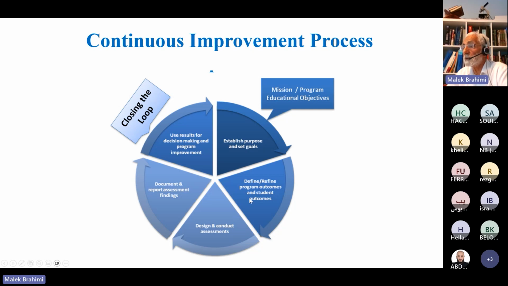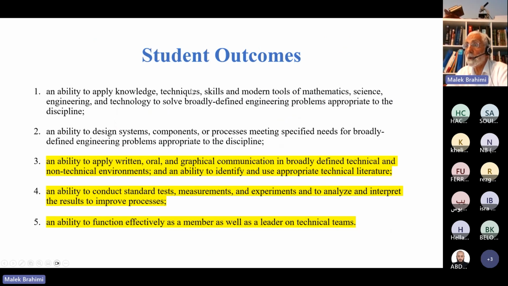You revise them, you can modify them. So these are the ones I showed you here. They are proposed by the agency that gives accreditation, but you can modify them. It has all the skills, but most universities keep them the same. You have the ability to change a little bit in the wording, but don't change the skills that are in here.